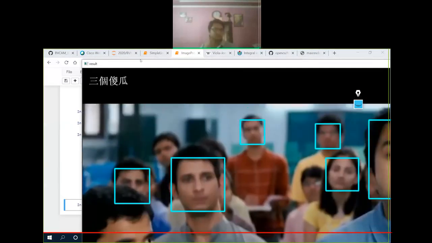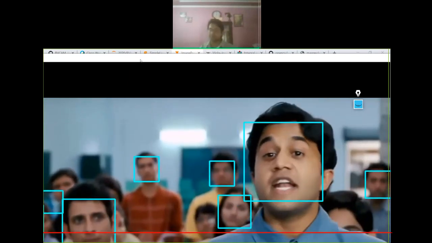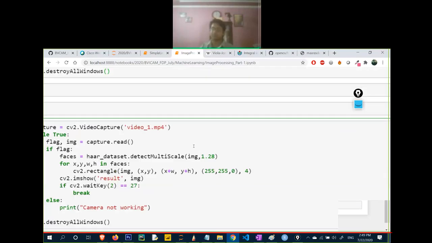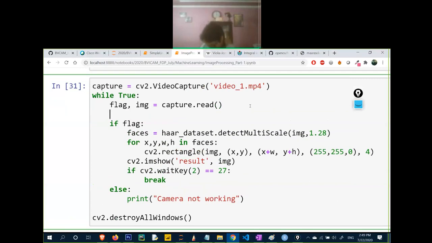So now you can see there is a video I am using here, but the size of the video is very large, it's high resolution. So I will do one thing, I can just resize this window so you will be able to see a small size window. I will use cv2.resize. I want to resize my image. One argument will be None, and second will be fx equal to 0.5. It means I am making my window half the size. 0.5 means half of the original window.